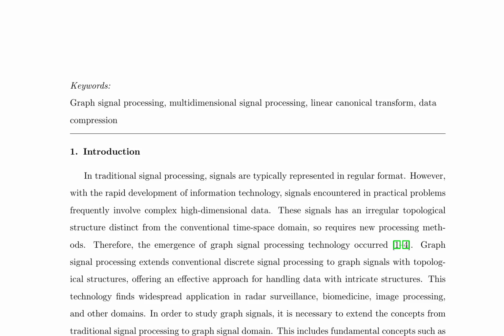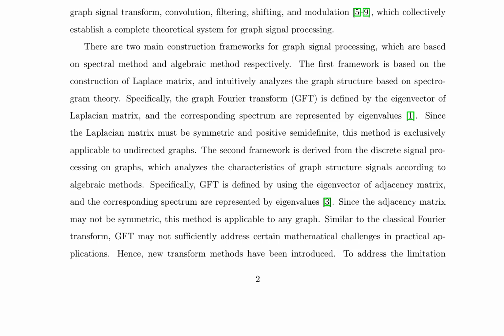CM-CC-CM-GLCT. Theoretical analysis and simulation results demonstrate that the M-D CM-CC-CM-GLCT algorithm has a reduced computational complexity while maintaining comparable additivity and better reversibility compared to the M-D CDDHFs-GLCT. The M-D GLCT is further applied to data compression, showcasing its advantages in algorithm design and implementation. This work has significant implications for the processing of high-dimensional data in various fields, including radar surveillance, biomedicine, and image